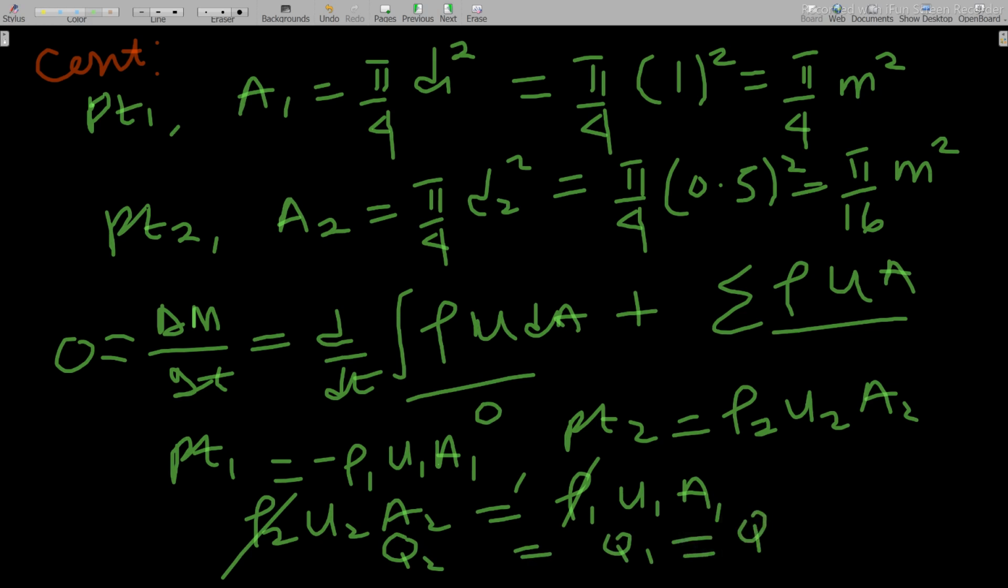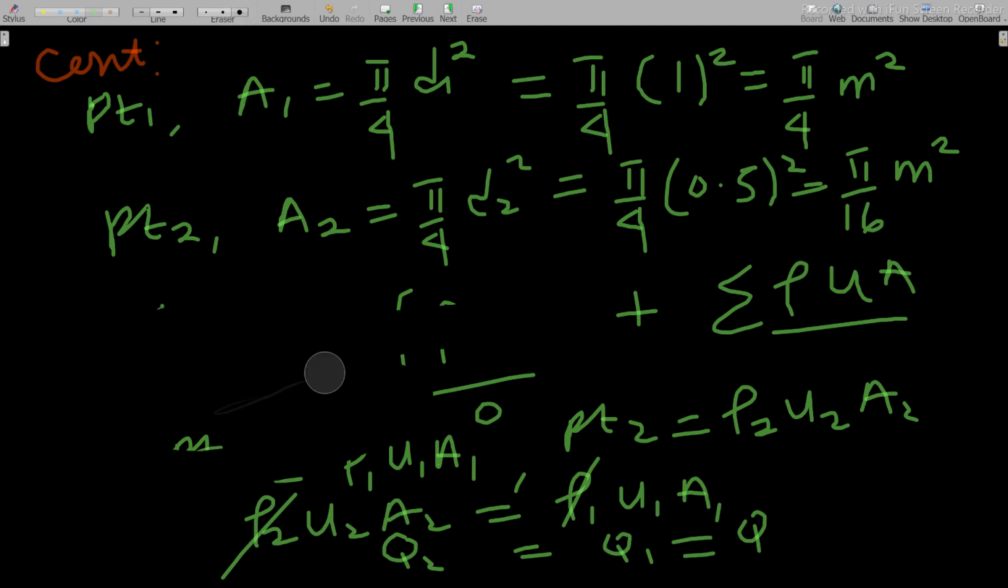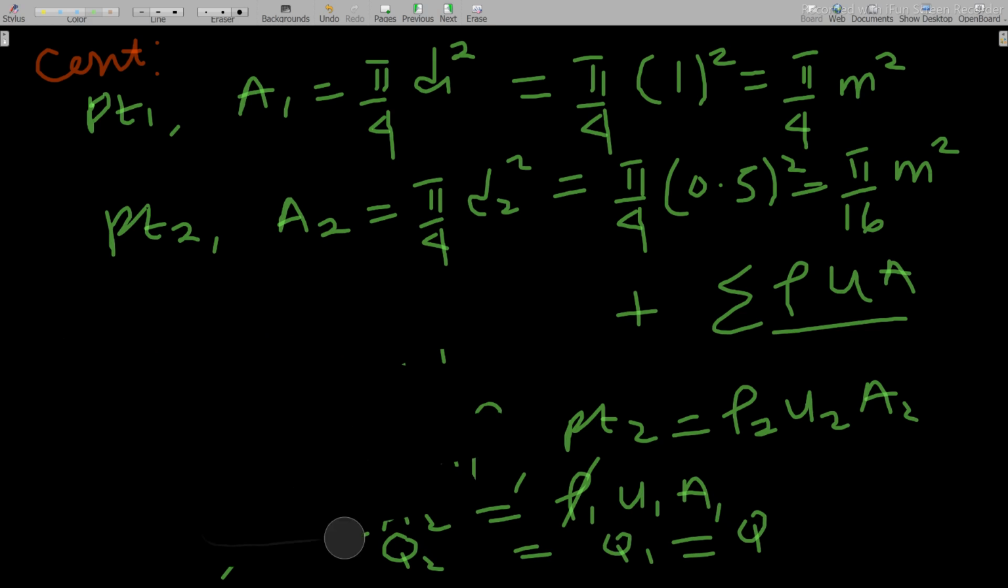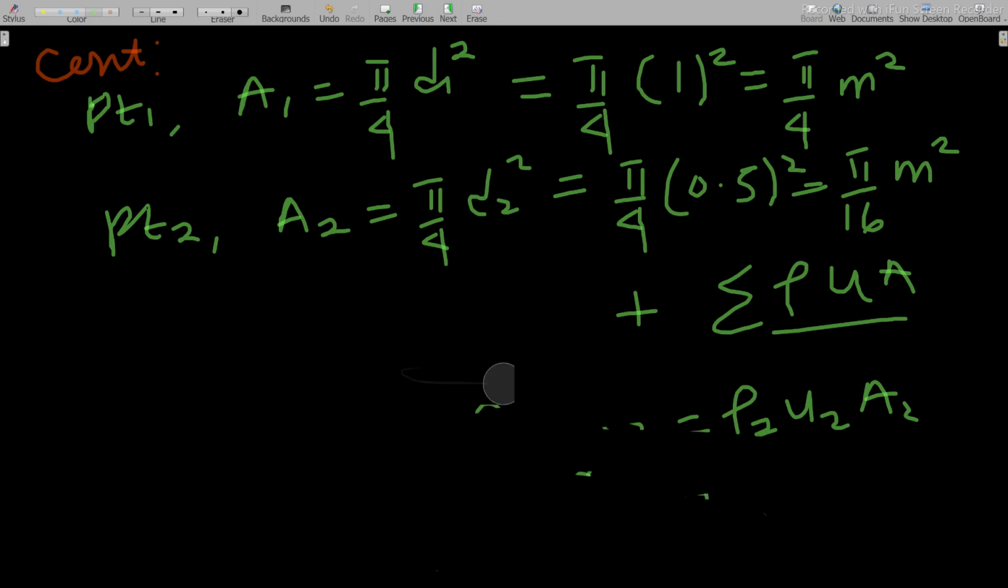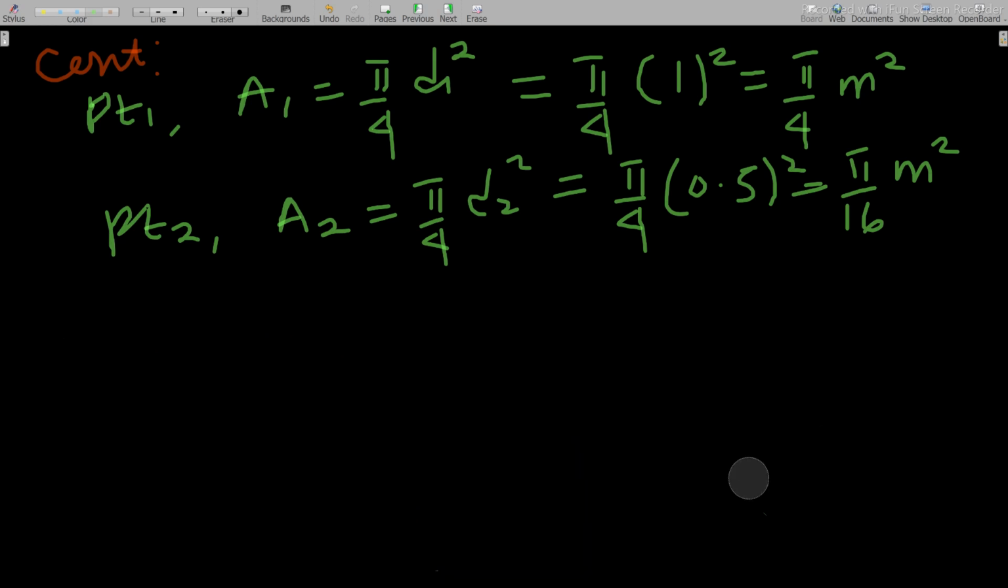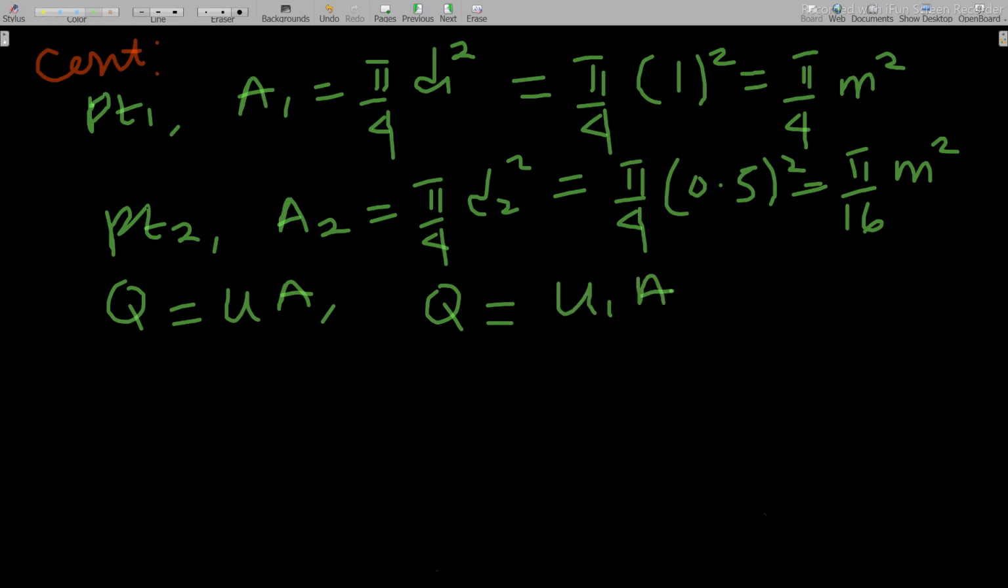So we use the Q given to solve for all our U's. Very simple like that. I just wanted to prove to you the way we will be able to get our U's. Simply, Q is equal to UA. So Q is the same as Q1 and Q2. So Q is equal to U1 A1, which implies that U1 is equal to